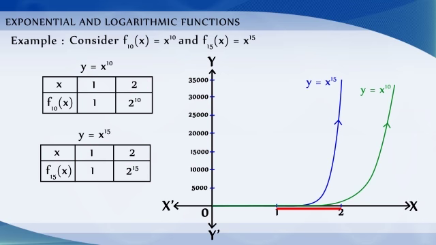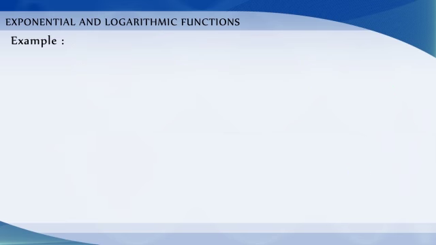We can understand that the growth of the polynomial function is dependent on the degree of the polynomial function. Higher the degree, greater is the growth. There are functions which can grow faster than any of the polynomial functions. For example, we can prove that 10^x grows faster than f100(x) = x^100.